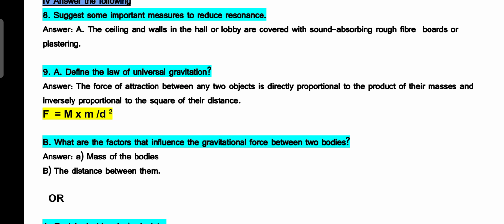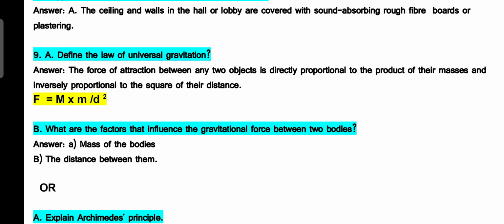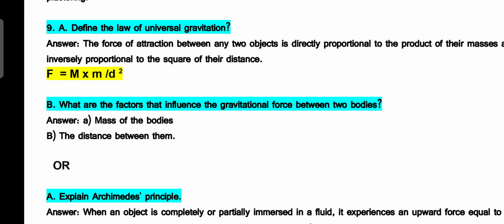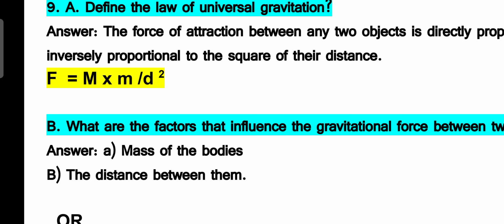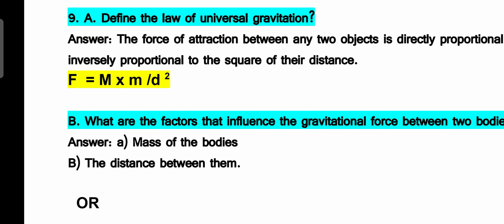Now let us take another question, 9th question. In that there are some parts, A, B. A part asks the question like this. Define the law of universal gravitation. This is very, very important. The force of attraction between any two objects is directly proportional to the product of their masses, and inversely proportional to the square of their distance. Here is the formula: F is equal to M into m in the numerator divided by d square in the denominator. d square is the square of the distance. M is the mass of the big object and small m is the mass